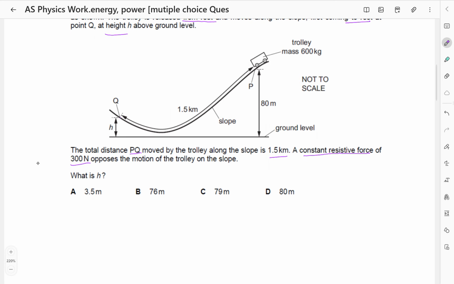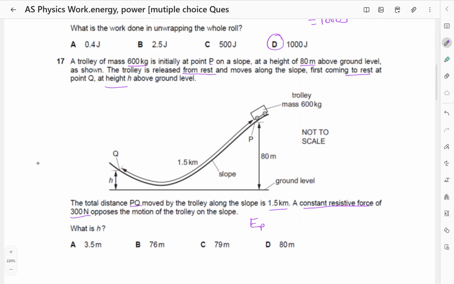Of course, there is loss in gravitational potential energy. The loss in gravitational potential energy we expect to be the work done against the resistive force plus the gain in gravitational potential energy. So the loss in potential energy at P, because the speed is constant,